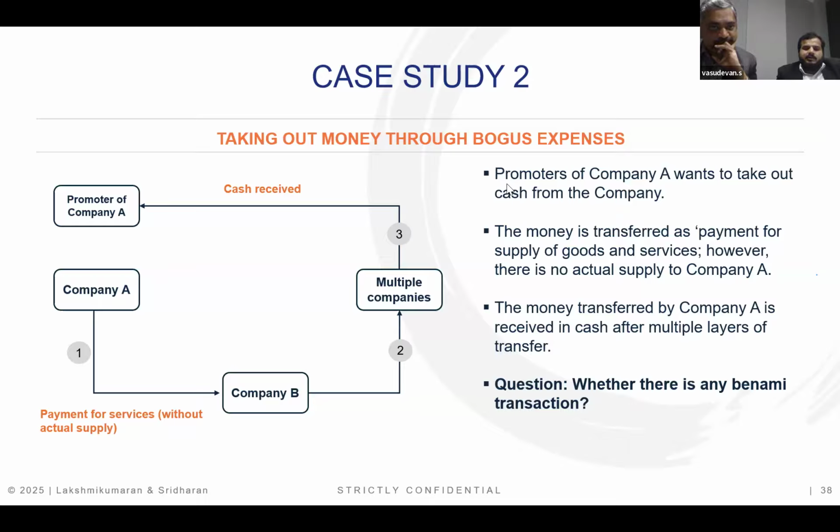The money transferred from the company and then held in the bank account of the other company, they are calling that amount or the bank balance as the property held by those companies on behalf of the promoters. So those who are holding the money in their bank account are being labeled as the Benamidar. The promoters are being labeled as the beneficial owner, and the money in the account is being alleged as the Benami property, and equivalent to those funds in their banks, those amounts are being attached by